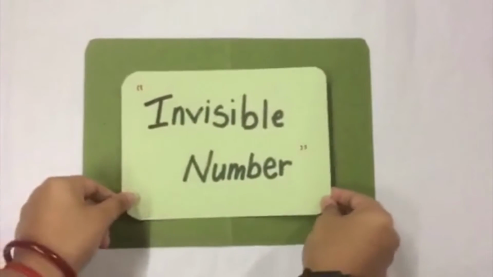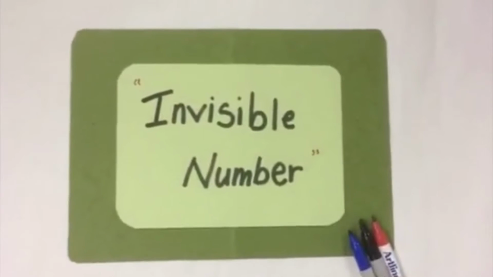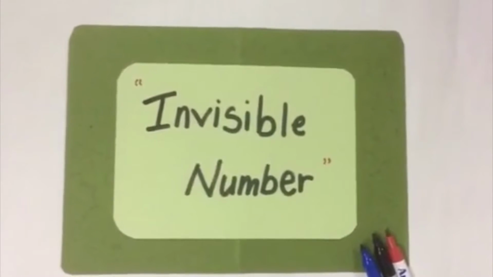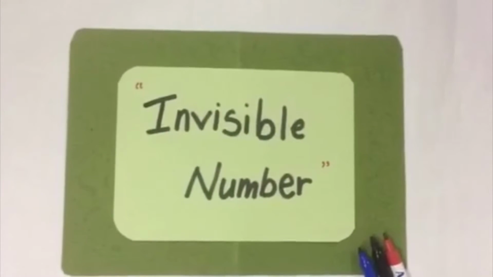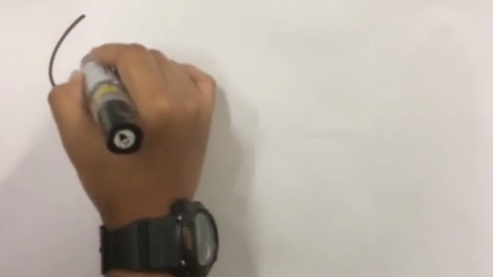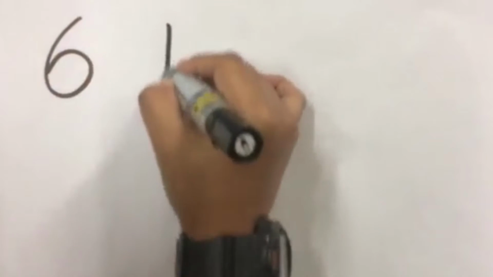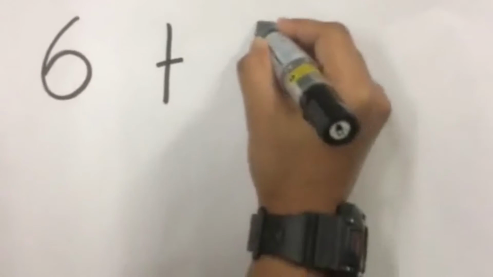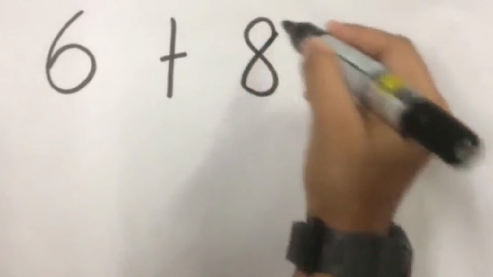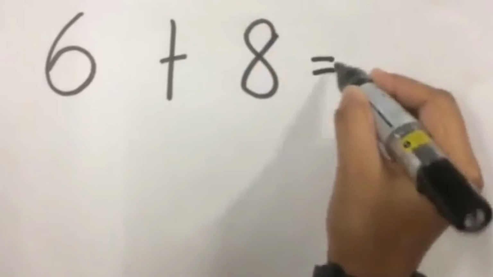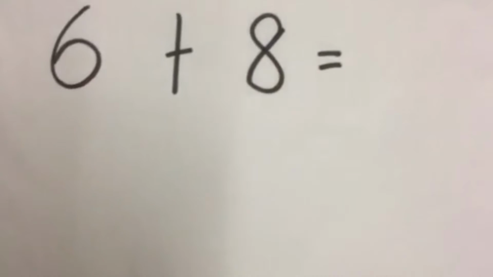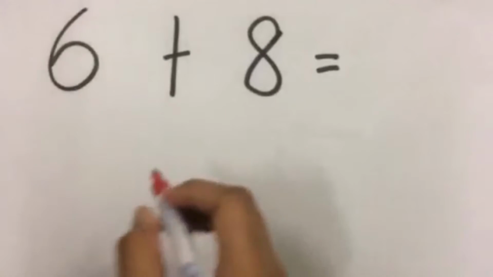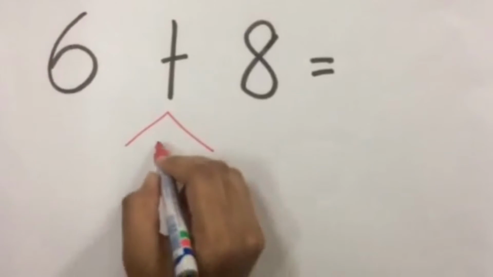The last strategy that I'm going to introduce is called invisible number. Once again, the double strategy aids you to solve problems with a pattern using the invisible number strategy. How? Okay, the numbers 6 plus 8 are not right next to each other on the number line. Am I right? Yeah. There is a number in between 6 and 8 that we call the invisible number, and that